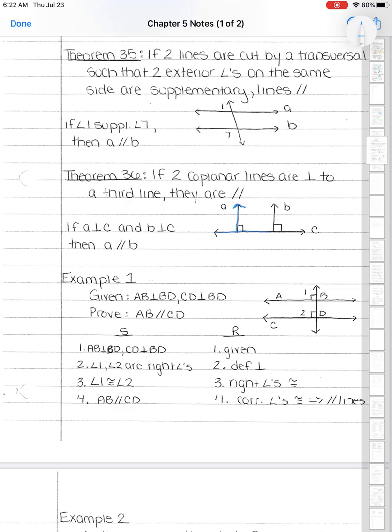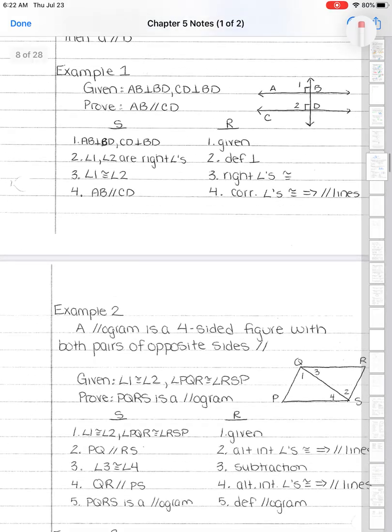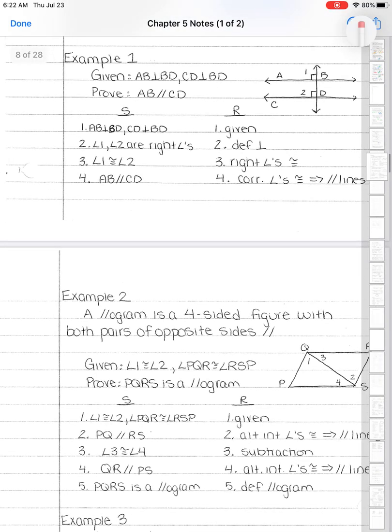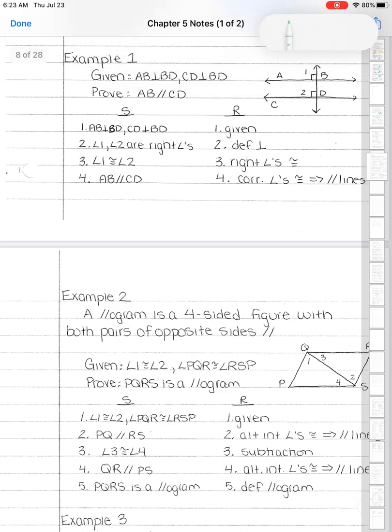So we see that angle 1 and angle 7, if they're supplementary to each other, then we can say that those two lines A and B are parallel. Last theorem here, theorem 36, says if two coplanar lines, so they're on the same plane, are perpendicular to a third line, so A is perpendicular to C, and B is perpendicular to C, if they are both perpendicular to that same line, then we can say that